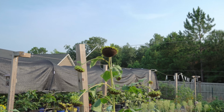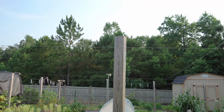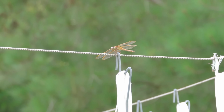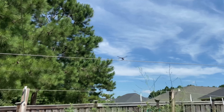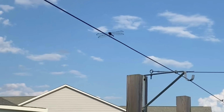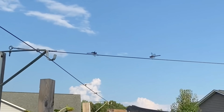The other thing that dragonflies love are these 1/8-inch stainless steel cables that I use for trellising all over my garden. I have them running all over the place, and the dragonflies just love sitting on them and perching for their meal. They are all over the place sitting on these stainless steel cables. Just look at them. You can't go a few feet without seeing a dragonfly perched on top of my garden